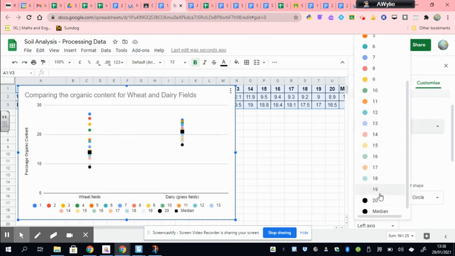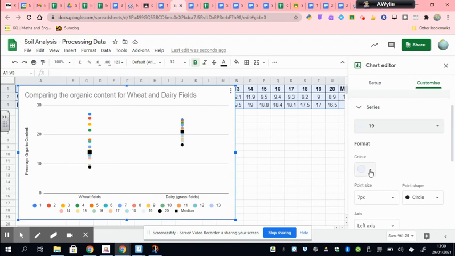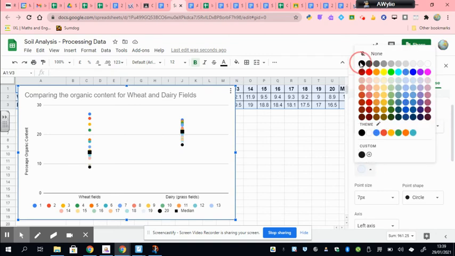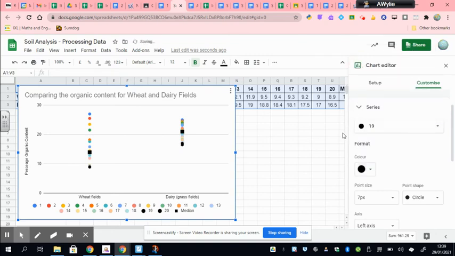And if you work your way back through certainly the lighter colors and just select black continually, then you're going to see that change. One of the problems here is that a lot of these little circles will end up kind of merging really close together, especially for the dairy fields. So it might be that for all of your data series, let's